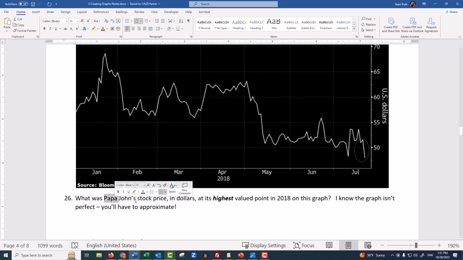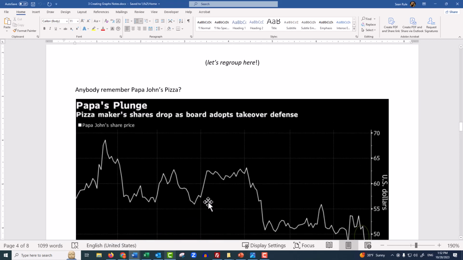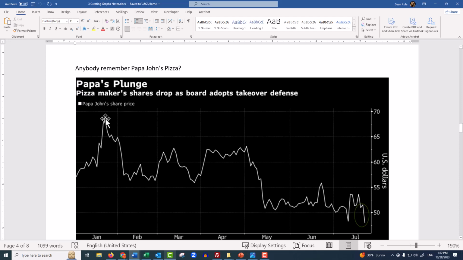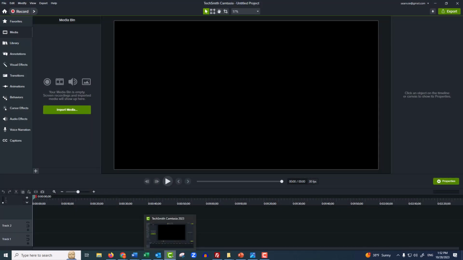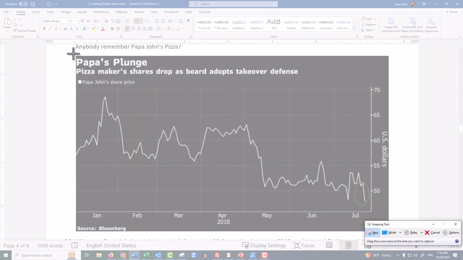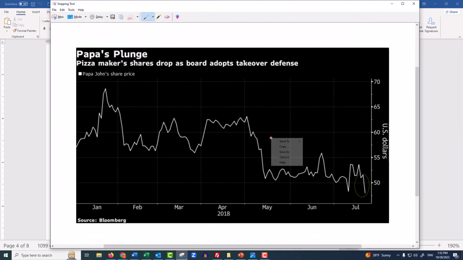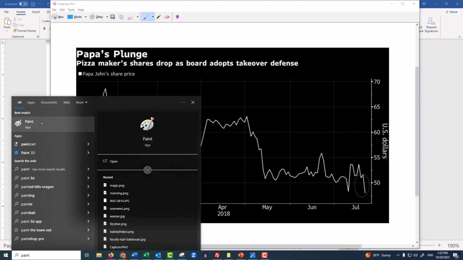What was Papa John's stock price in dollars at its highest valued point in 2018 on this graph? Okay, so it looks like it's up here, and again, the graph is not hugely helpful, but it looks like it's okay. So if I draw here, you know what I'm gonna do? I'm gonna be a little bit creative here. I'm gonna take a snip of this, and I'm gonna put it in Microsoft Paint,